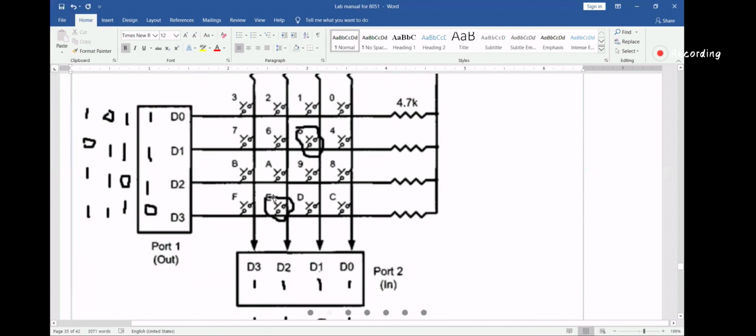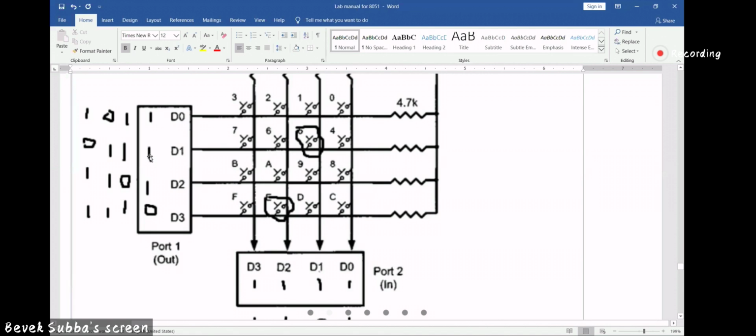Again, I press E. Same thing. First, I will start with 0, 1, 1, 1. Same output, because the first row key is not pressed. I'll give 1, 0, 1, 1. The second row is not pressed, so it will remain 1, 1, 1, 1. 1, 1, 0, 1: the third row is not pressed, it remains 1, 1, 1, 1.